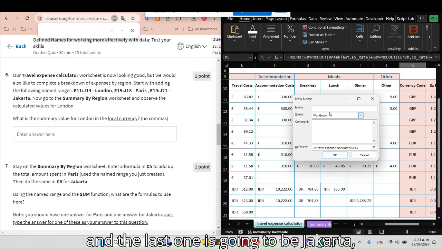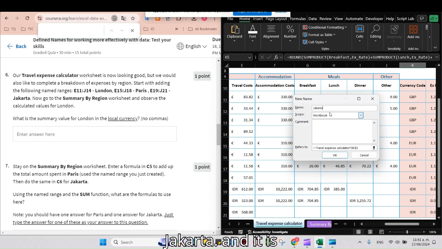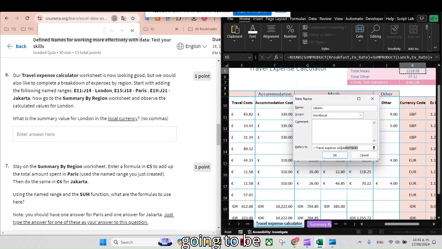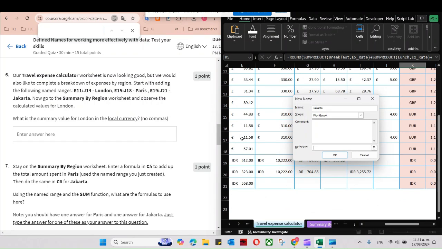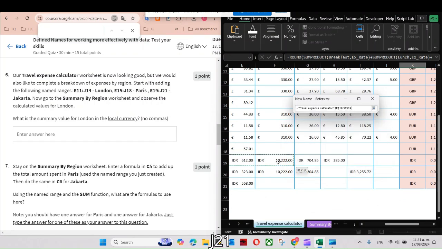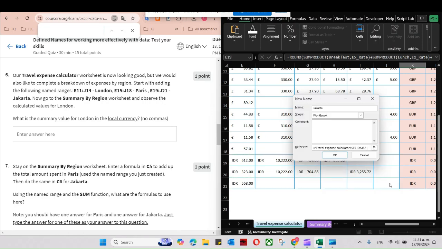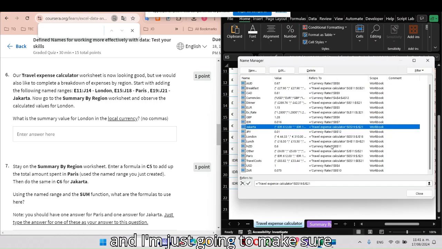And the last one is going to be Jakarta, and it is going to be from E19 to J21. Okay, and I'm just going to make sure that it is okay.